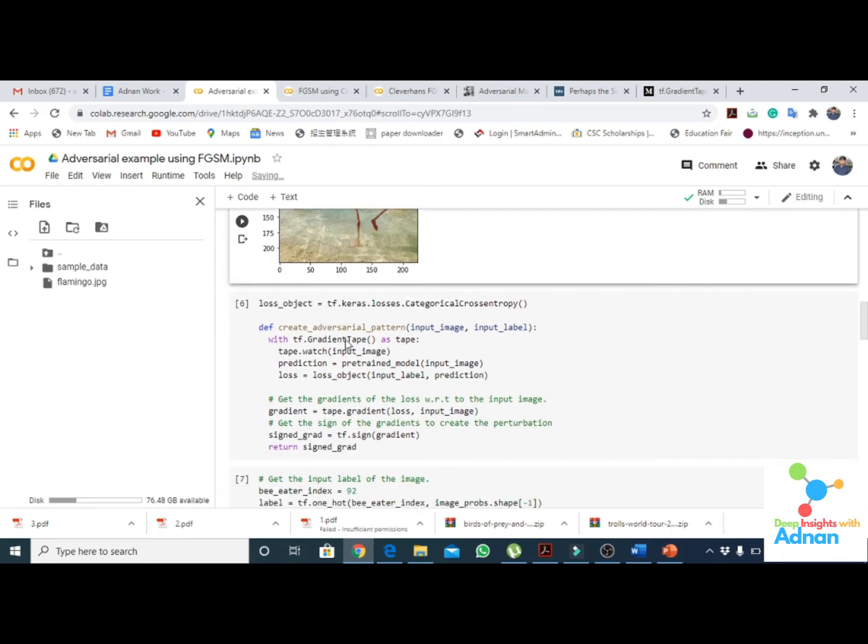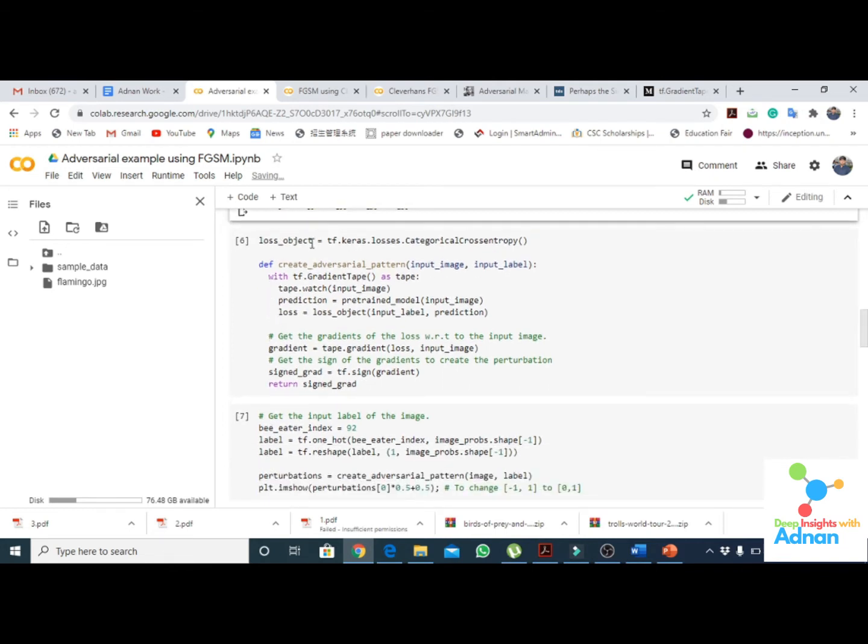Now, as we have seen the fast gradient sign method, we are going to use a loss object here. Loss is equal to categorical cross entropy, not binary, because we are not interested in two classes. After that we create a function, create adversarial pattern, where we give the input image and input label to the model.